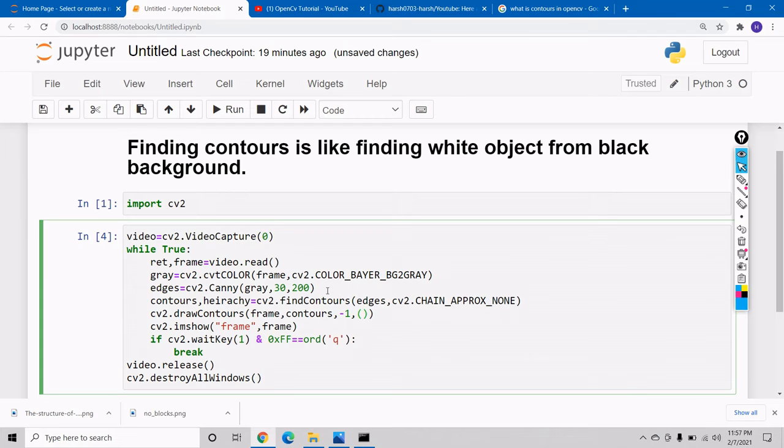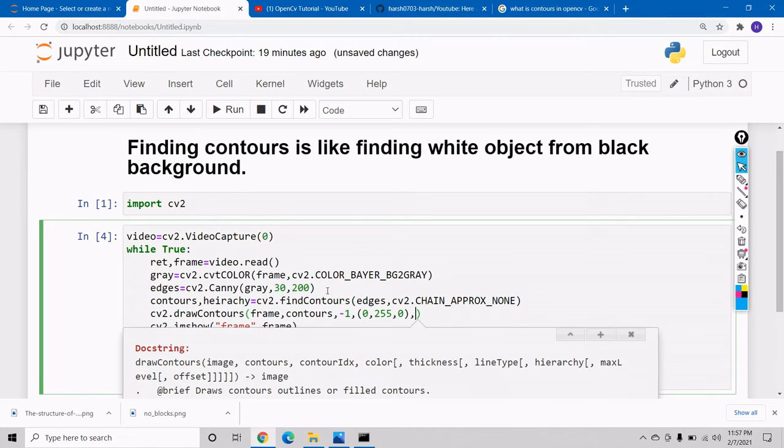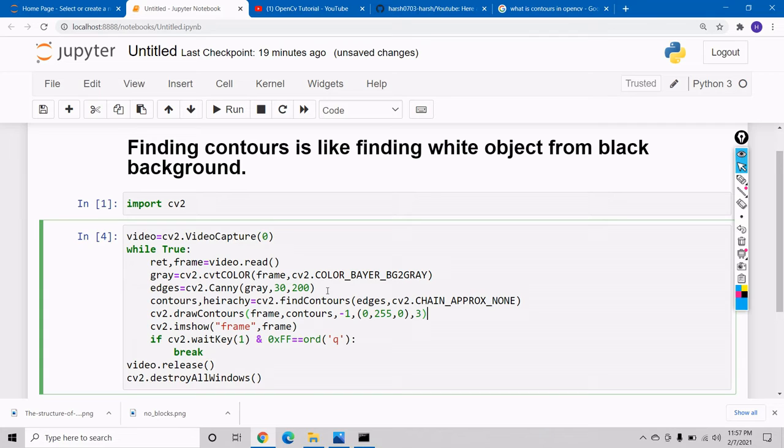For the color value I am taking green. Now we have to give our thickness. Finally, it is only four lines of code to show our contours on our image, or we can say edges. After executing this,